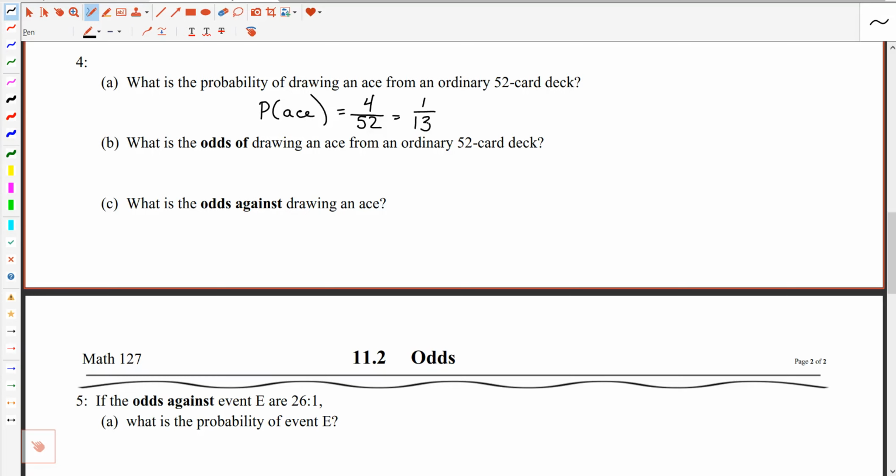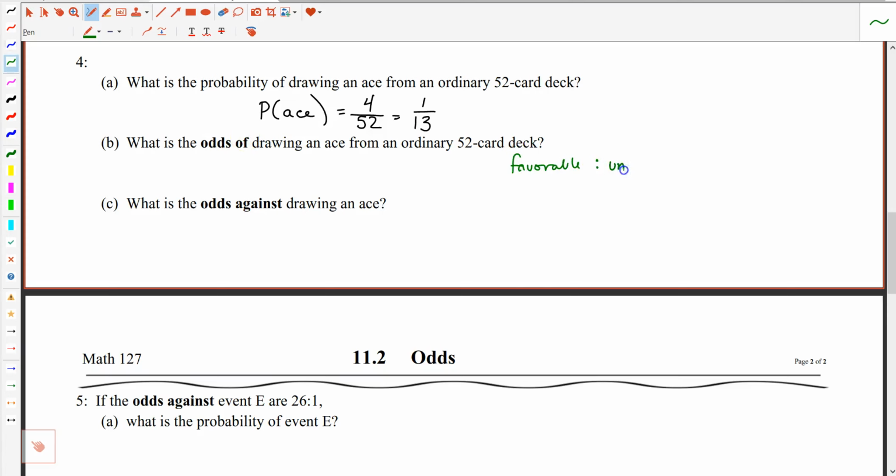Now let's take it to odds. What are the odds of drawing an ace from an ordinary 52 card deck? Now notice that this says odds of instead of odds in favor. Those two things mean the same thing. So if I want to find the odds of drawing an ace, we would list the favorable outcomes